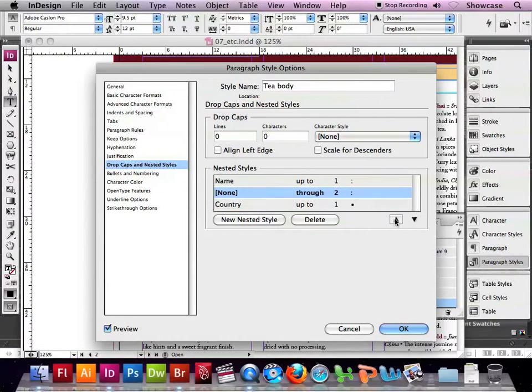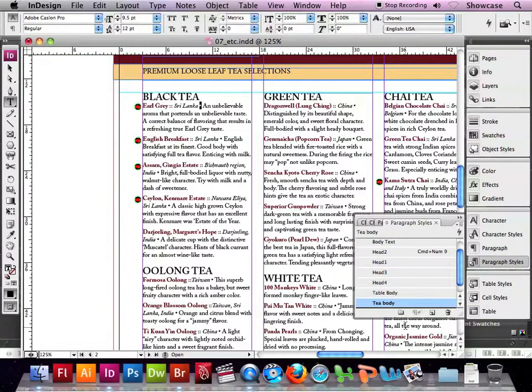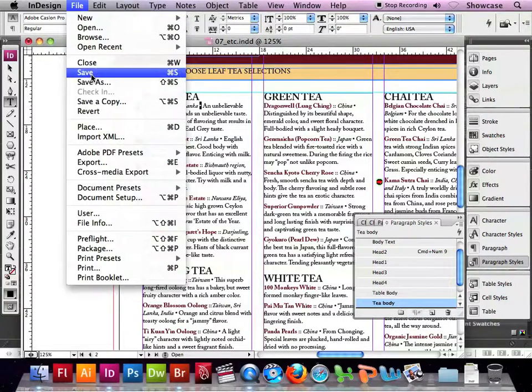It needs to go between the name and the country, so we can use the arrow to push it up the list so it's in its rightful place between name and country, and click OK. And now the colons are not italicized. If we save our work